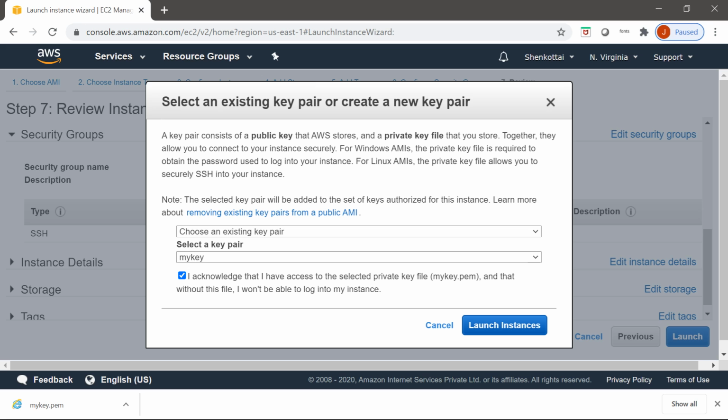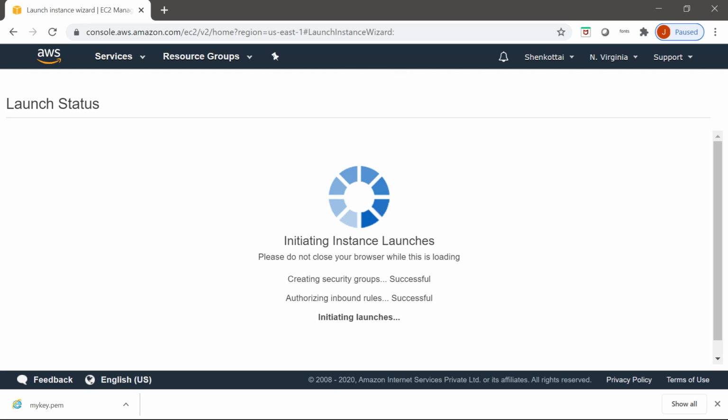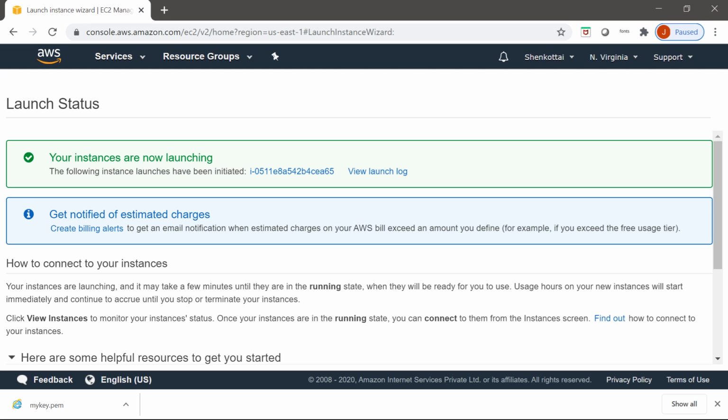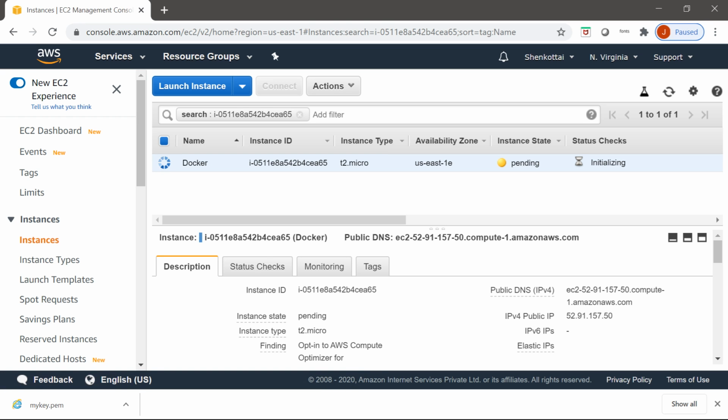I am going to launch the instance. Then I will select this instance ID. Then it is initializing. It will take a few minutes to initialize the Docker instance. This Ubuntu instance, I named it Docker.